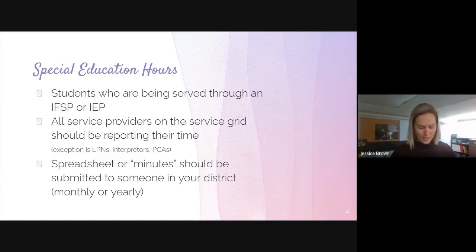So one of the important things we do as early childhood special ed teachers is collect our special education hours. That is for all students who are being served on an IEP or an IFSP. And all service providers who are on the service grid should be submitting or reporting their time. And there is an exception to LPNs, interpreters, and PCAs, but it applies to PT, OT, deaf, hard of hearing,